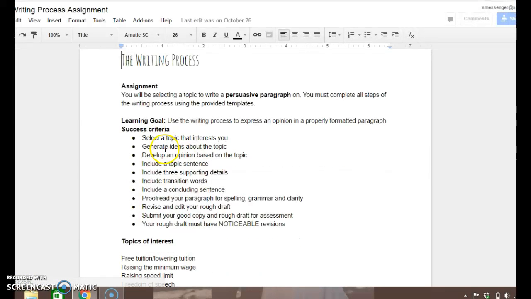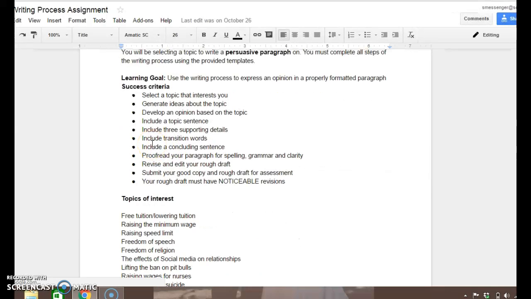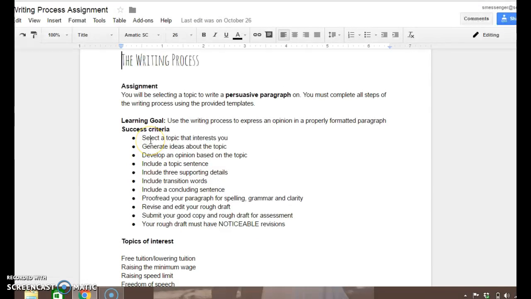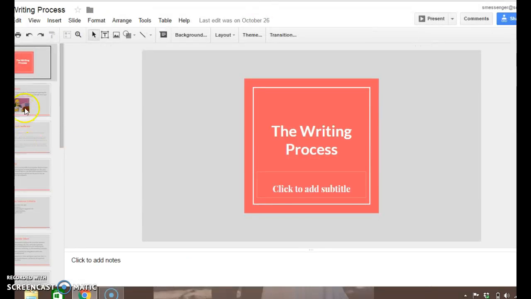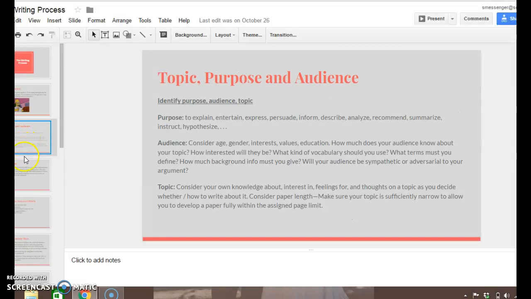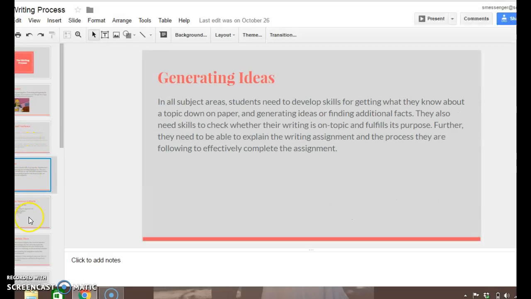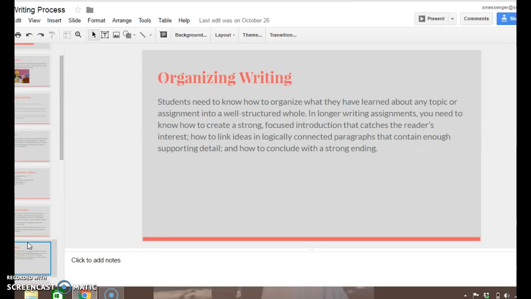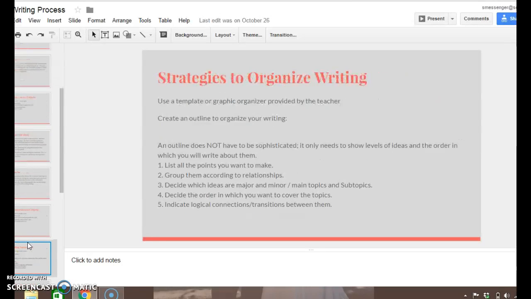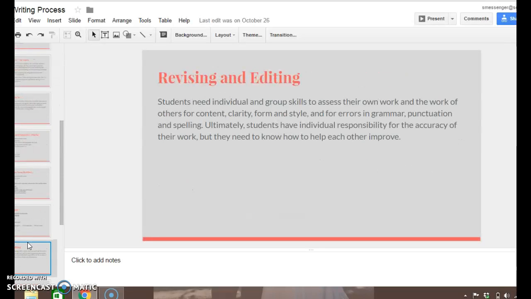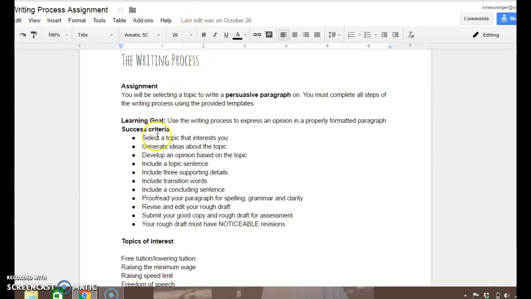The writing process. You will be selecting a topic to write a persuasive paragraph on. You must complete all steps of the writing process using the provided templates. Remember, you learned about the writing process in this presentation. This presentation talks about generating ideas, organizing your writing, and revising and editing. So, with that in mind, you are actually going to perform all of those steps in